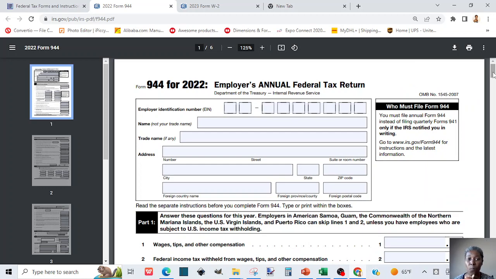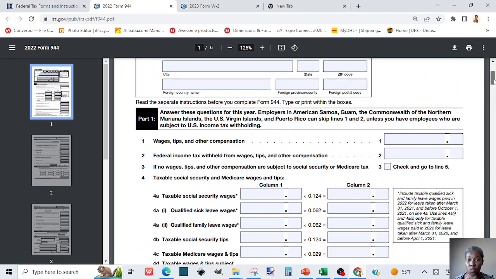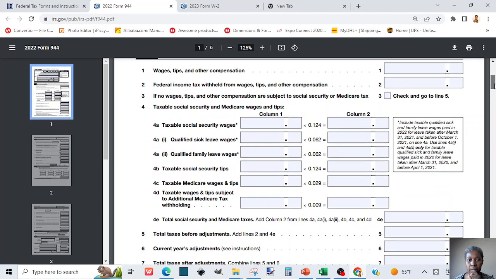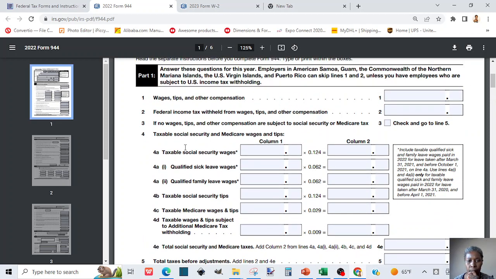And if you are completing Form 944, if that's what you are required to complete, line 4A, social security wages, will have the social security wages for all that you pay during the year for all the employees. And then you will multiply that by 12.4%, and that will give you